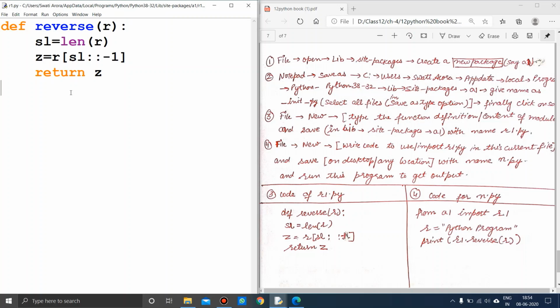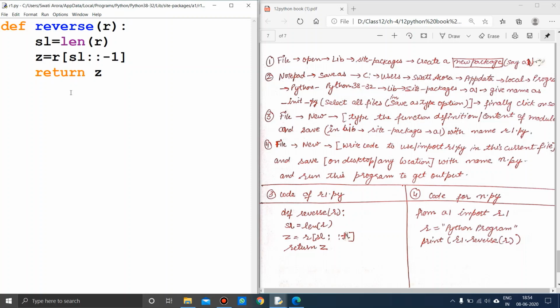If you need to use the power function, what you do is import the math module, right? And then you write math.pow. Similarly we'll be doing here. Like we have the math package and the random package, we have created our own package whose name is A1.